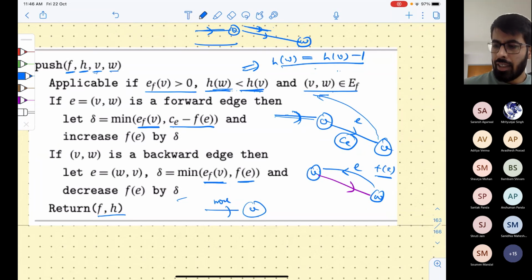So today I'll just try to complete the description of the algorithm, and in the next lecture we'll complete the analysis. But is the operation clear now? Okay, now we have